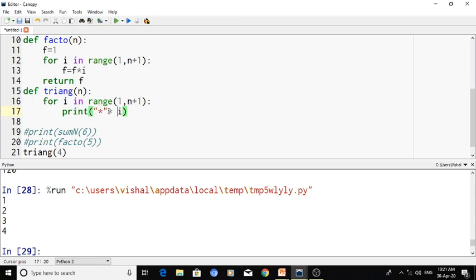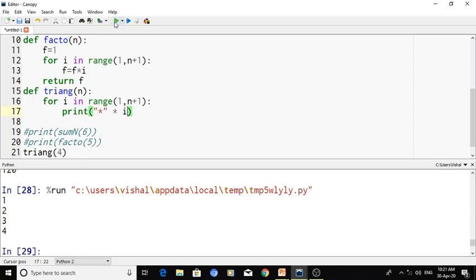Here this star will be used as a replication operator. Replication means the value of the star will be replicated, meaning duplicate copies will be created based on the value of i. If i is 4, star will be printed 4 times. If i is 3, star will be printed 3 times. If i is 2, star will be printed 2 times, and like that.